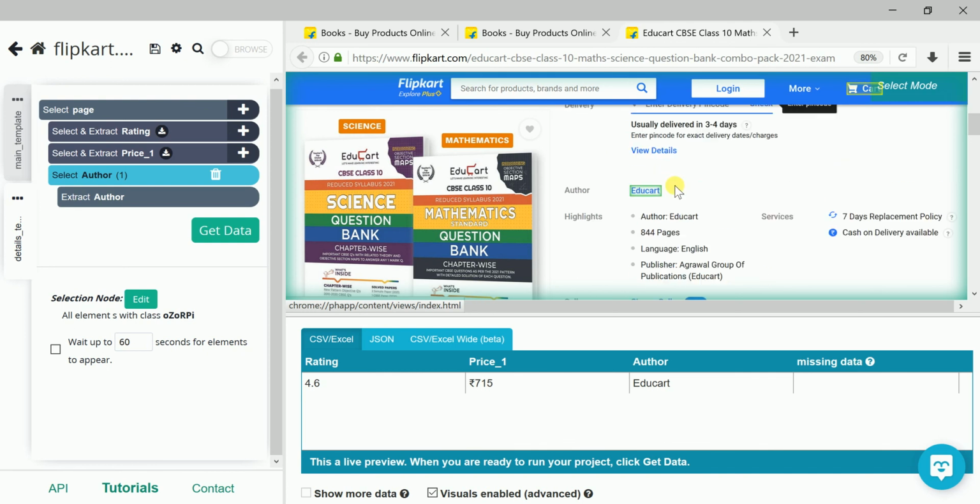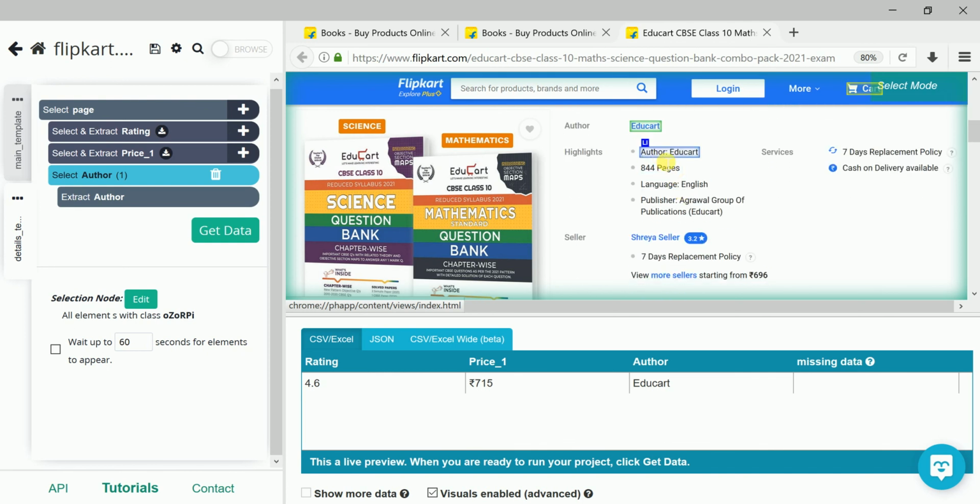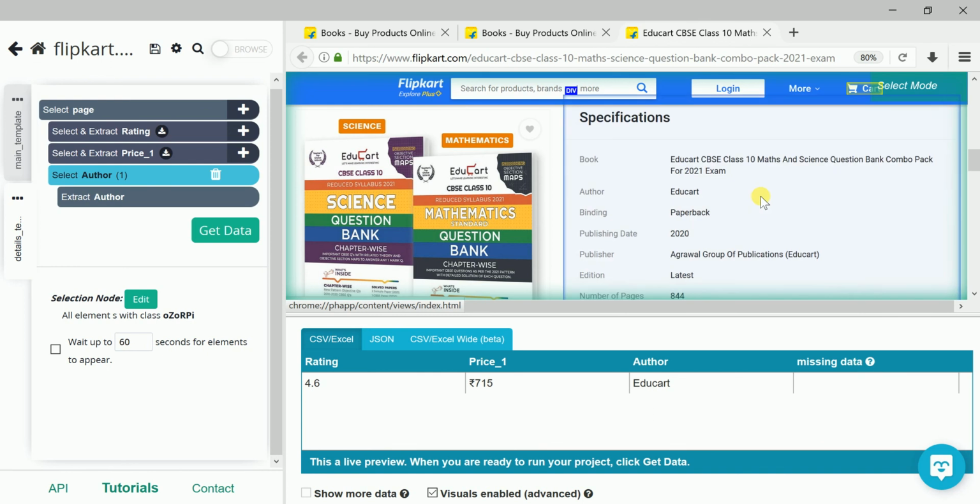See, one thing I would like to explain. If you want to extract based on a condition, whenever the author is educated, then only record the data. That is possible only if both are selected separately. As it is selected in a single cell, you can't write a condition like when the author is educated, then only give me the data, else not. This is not possible because it is selected in this single box. I'll show how the different boxes will be. You can see here, this is a different author, this is different.